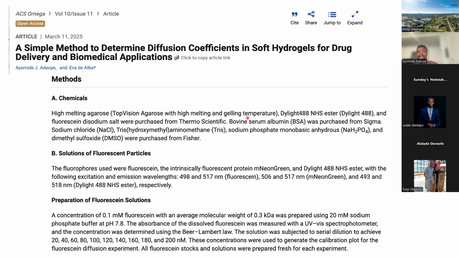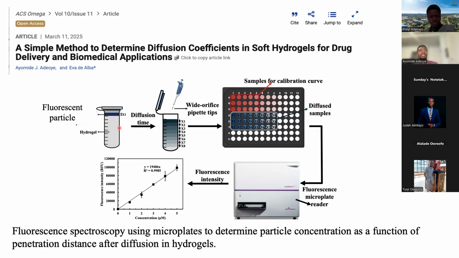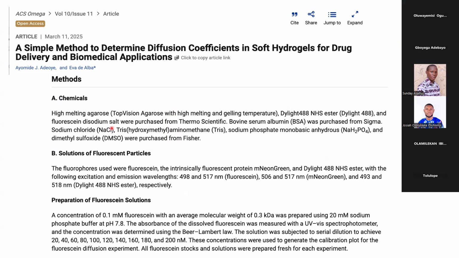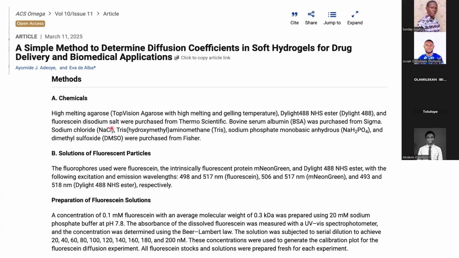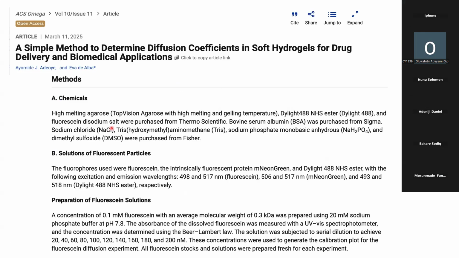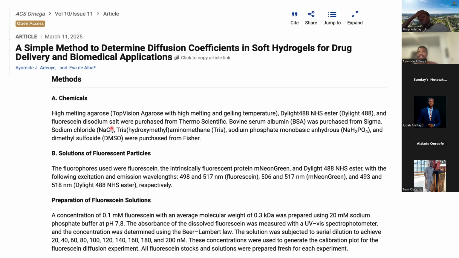So before going to that, as I said, hydrogels are of different types. So the first thing I highlighted in my research methodology, or what I should think about, is what are the materials I need for my experiments? And for instance, you have to state clearly, and another thing you have to take note of is that when you are writing your research methodology, you have to be concise. You have to go straight to the point. You have to be specific. So that is one of the things you should take note of.